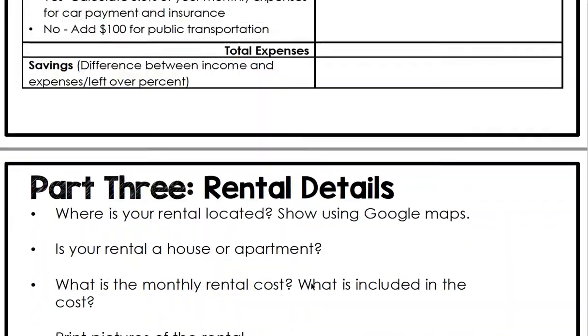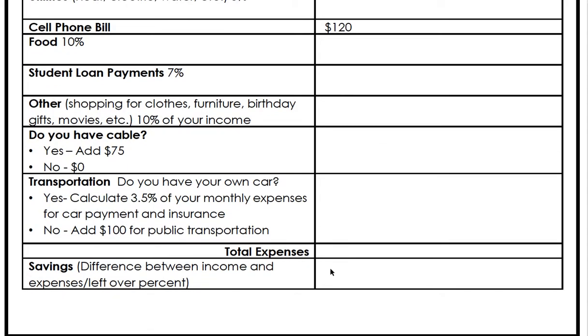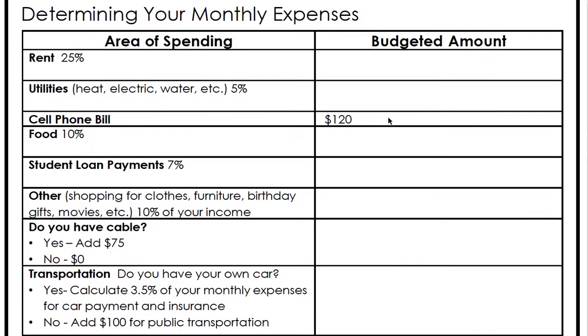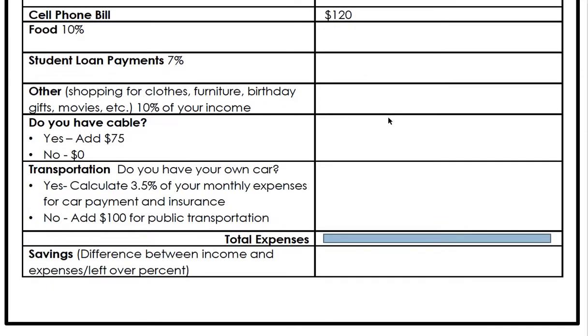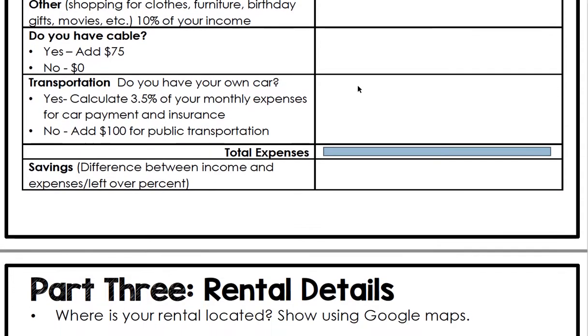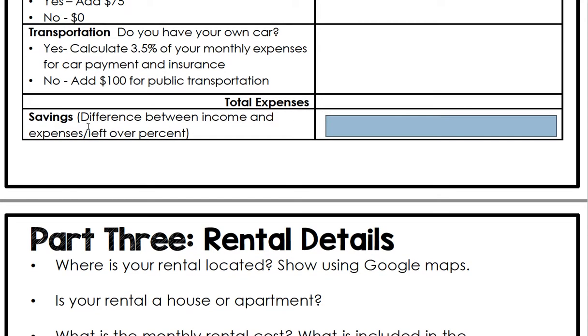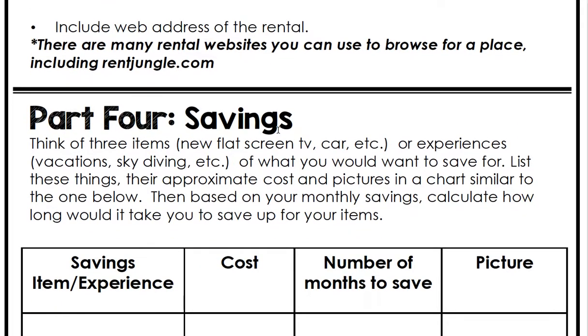Okay. At the very, very end, when you've got your total expenses done, which again, you're going to be going step by step to determine how much you're spending, figure out how much money you have for savings at the very end after you have your expenses, because this is the difference between your income and expenses, left over percent. Then you can go to savings,